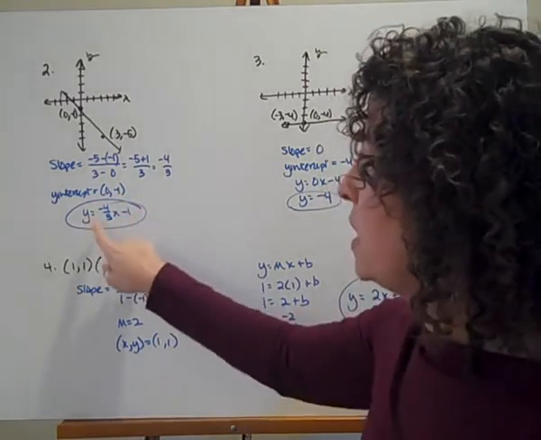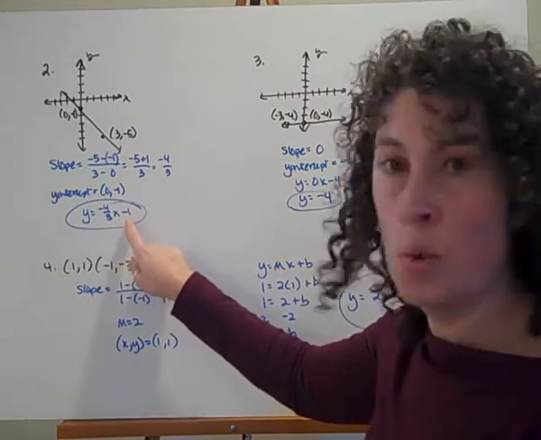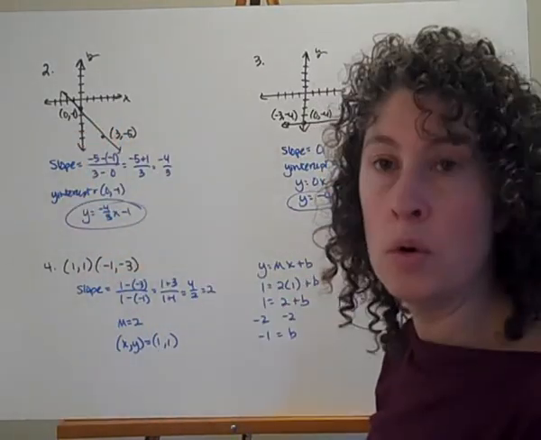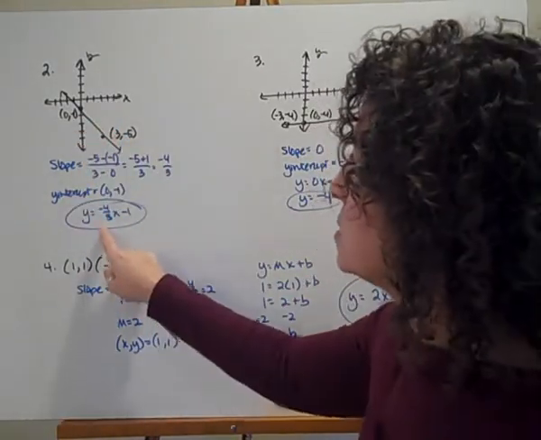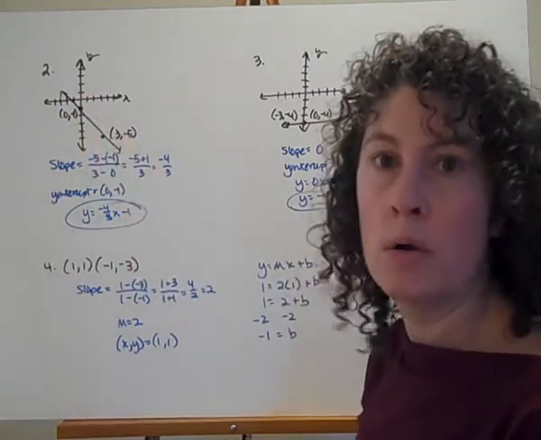So my equation looks like y equals, I'm going to plug in my slope of negative 4/3 times x minus 1. Again, the x and the y stay in there because they're holding the place of all the ordered pairs on that line. The slope describes how steep it is, and the y-intercept describes where it crosses the